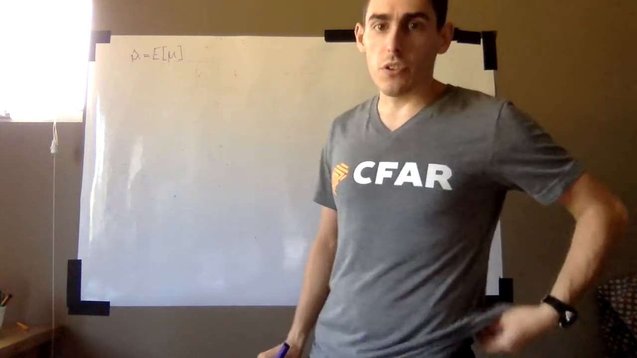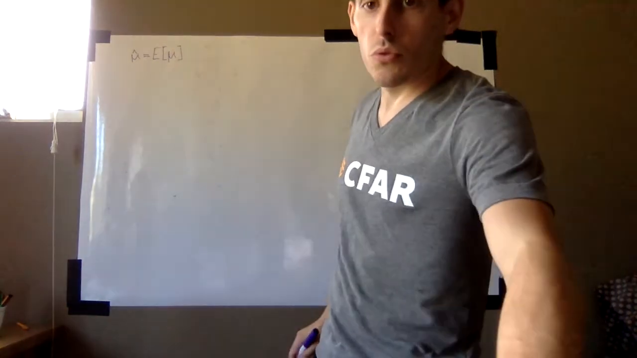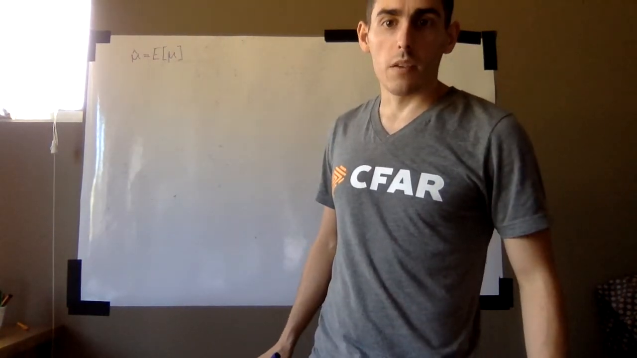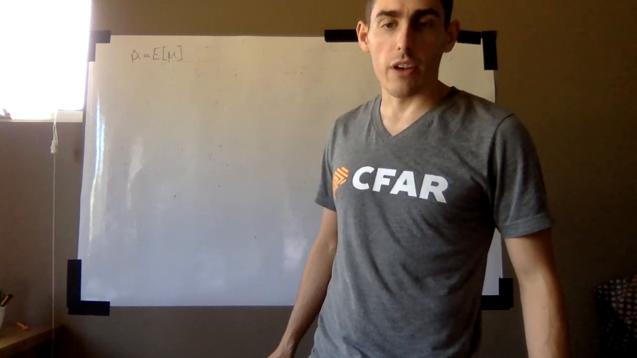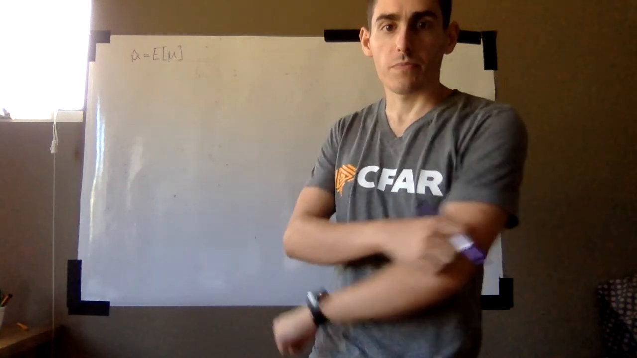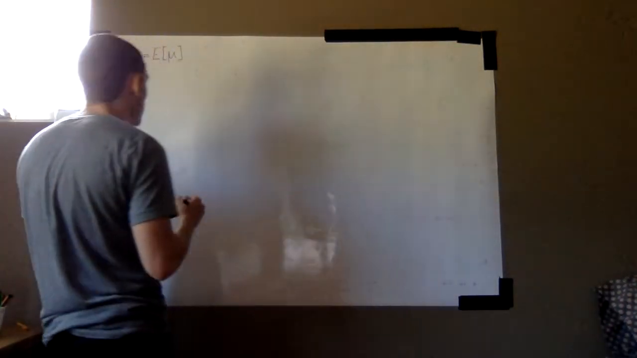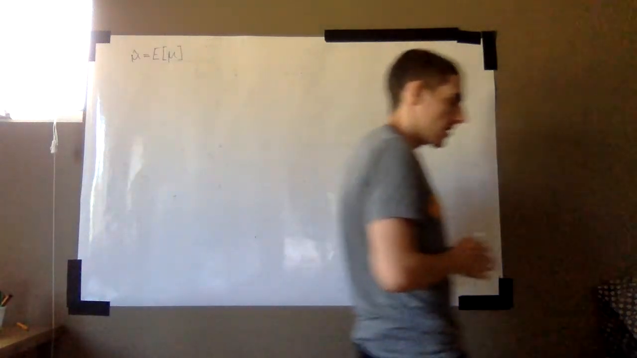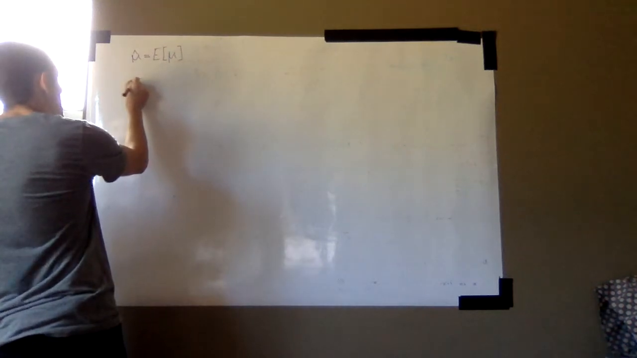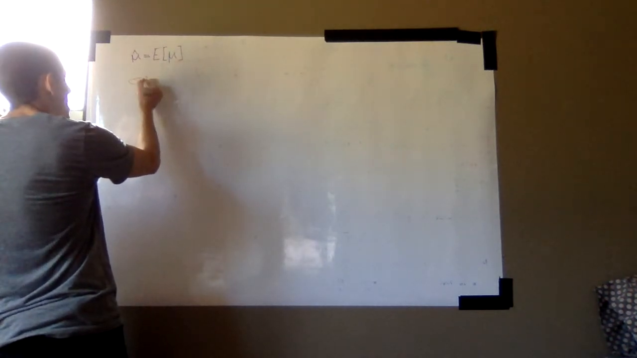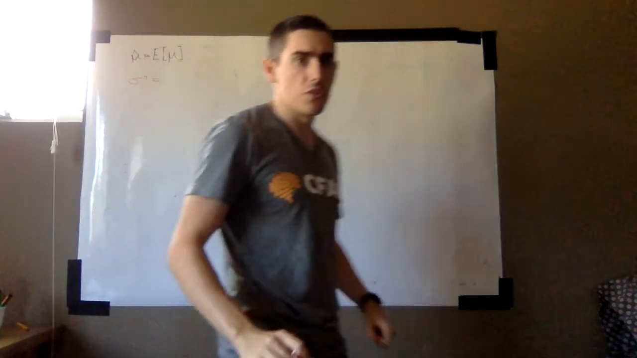Well, so to figure this out, we want to use the definition of variance. Mu hat is an unbiased estimator of the population mean. On average, the value of mu hat will be equal to the value of mu. The definition of variance, sigma squared, is how we write variance, is equal to